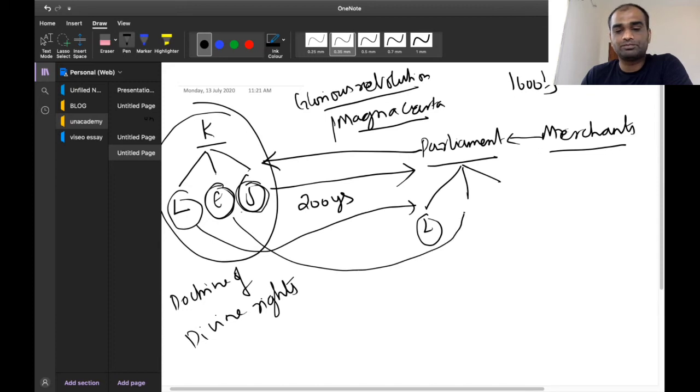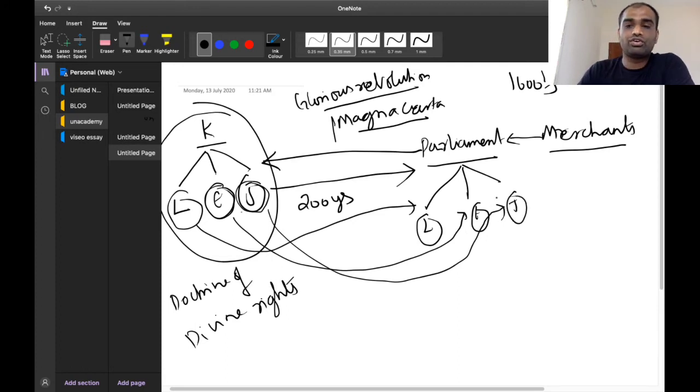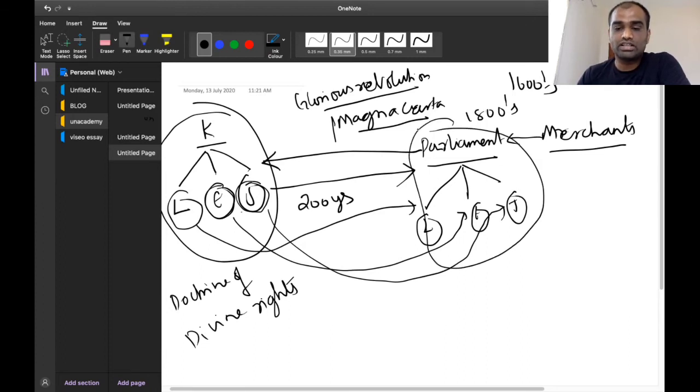Parliament took away the executive powers of the king, and Parliament also took away the judicial powers of the king. During the 1800s, Parliament took away all the powers of the king. So now Parliament is the authority from which the legislative, executive, as well as judicial branches derive their power. Now, this type of government follows a principle called the doctrine